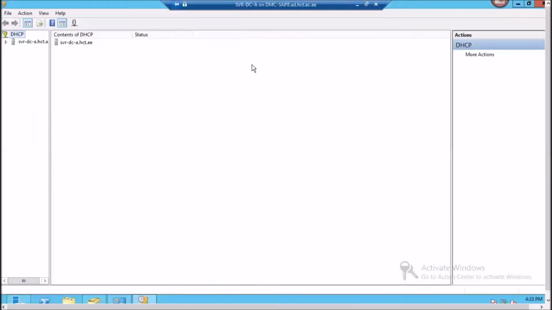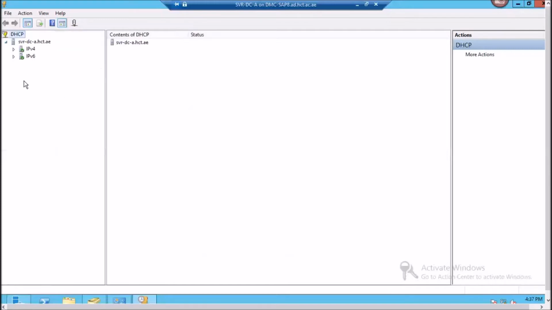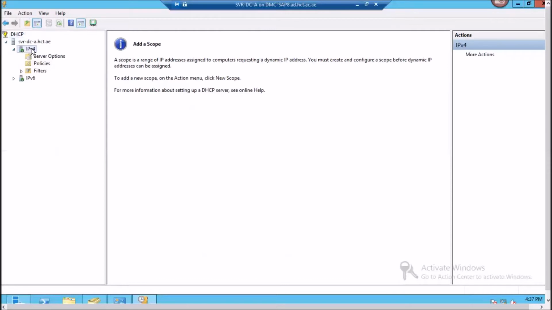Now, what are we trying to do in the network? We want to distribute the IP address. Okay. In your server, you'll see any windows, any tools you open, it is always left side to select, right side to do the configuration. Okay, so always expand it so it can be clearly visible for you. So which version of IP address is this we're going to configure? IP version 4, right? So I select the IP version 4, and what is it asking me to do? Add a scope. Like, what is your scope of IP addresses?